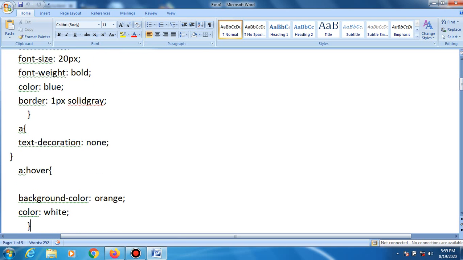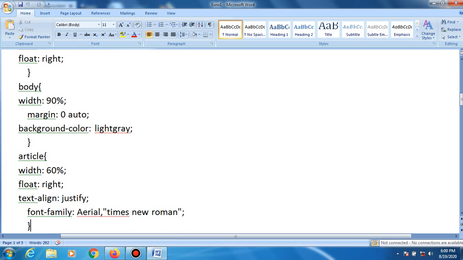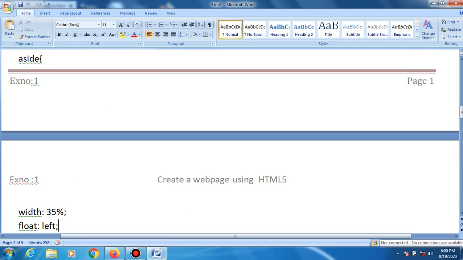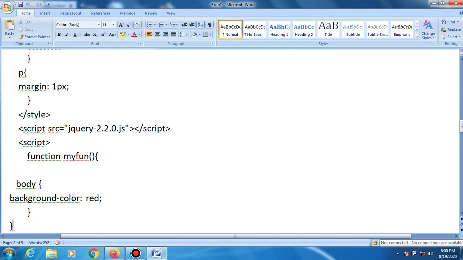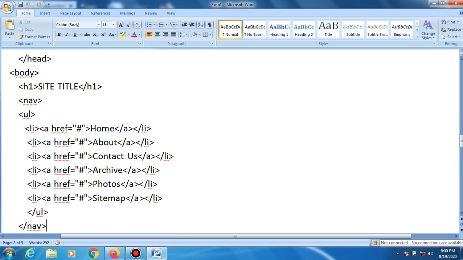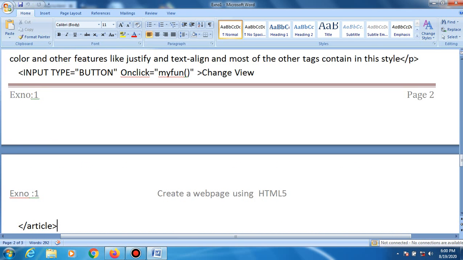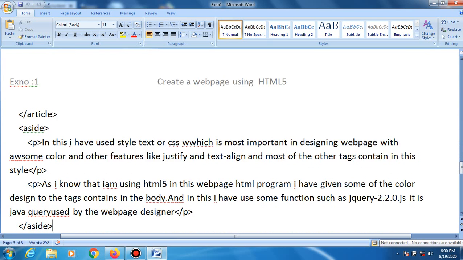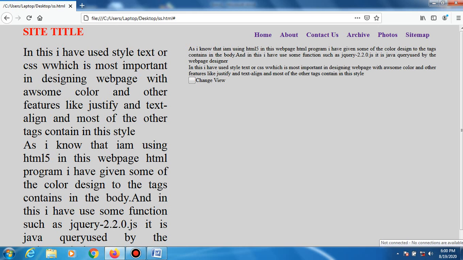I will discuss in detail how the web page is created, how we insert the colors, and how the links are added in the web page, right? What programs are used to create a web page will be discussed in the sessions in detail, right? Now we come to this output.